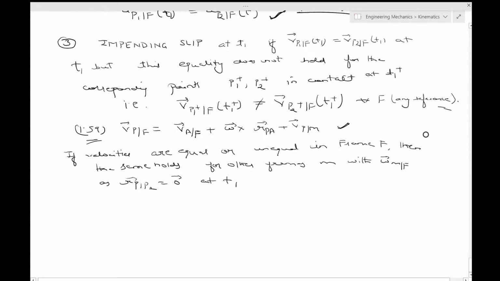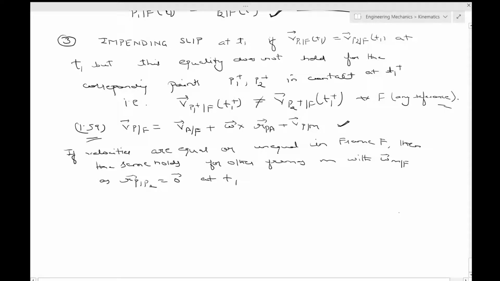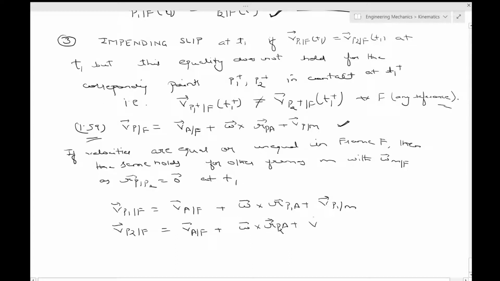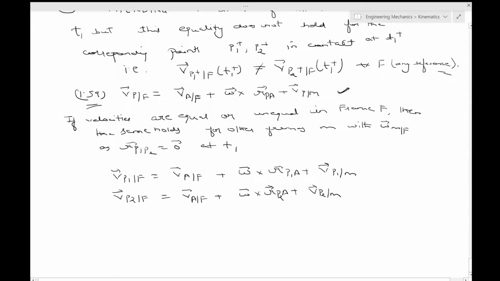So if P is a point and A is a point on M, you can say that the velocity of P1 in F frame is the velocity of A in F frame plus omega cross R_P1A plus velocity of P1 in the M frame. Similarly, you can write for the contacting point P2, velocity of A in F plus omega cross R_P2A plus velocity of P2 by M. Now if V_P1 by F is equal to V_P2 by F, then